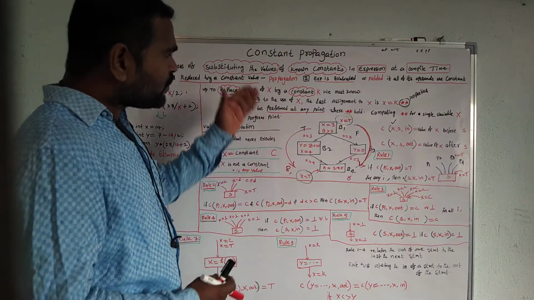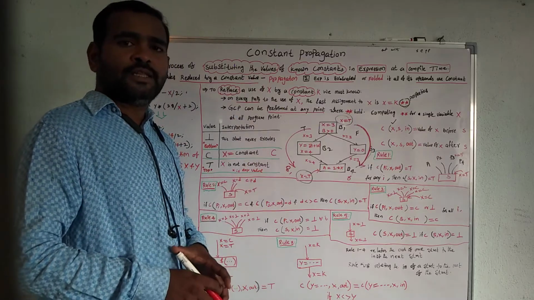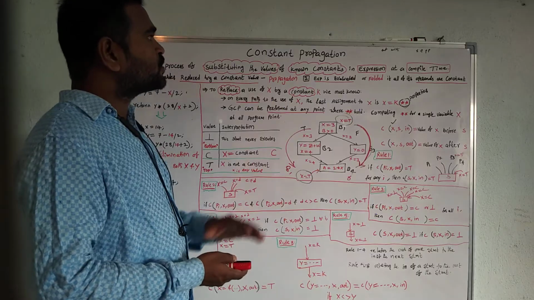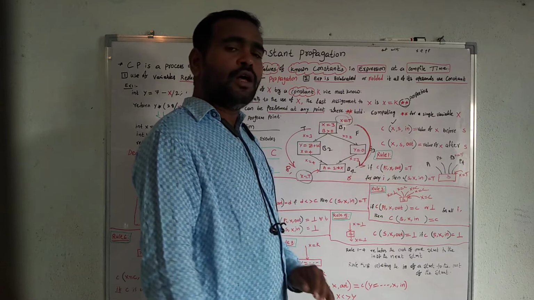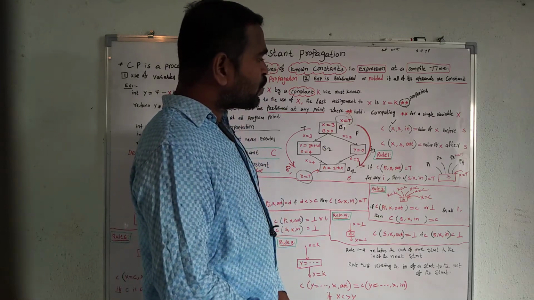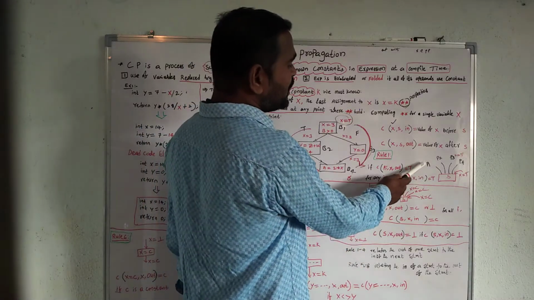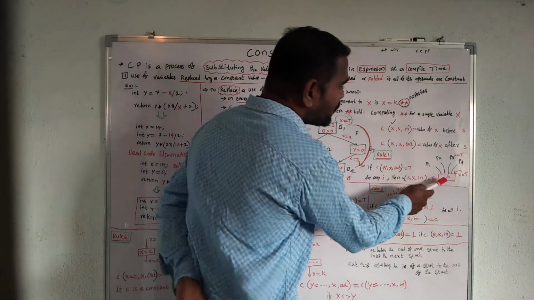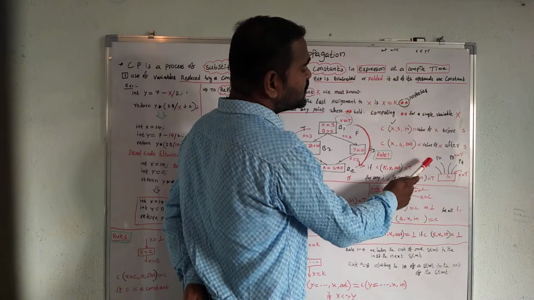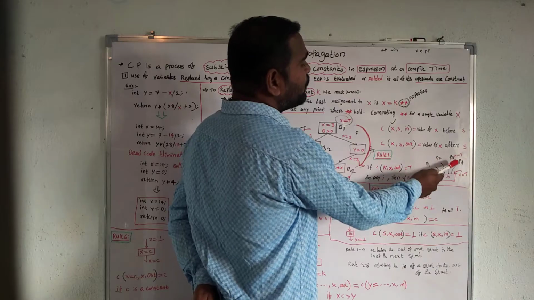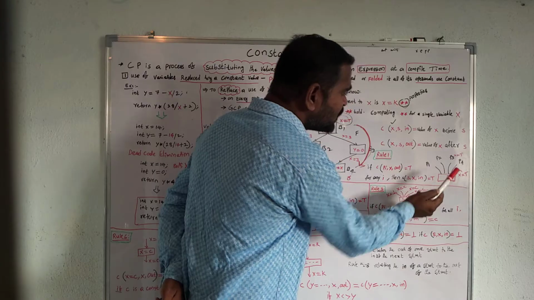Now in this constant propagation, there are 8 different rules. Those 8 different rules I will explain now. So now I introduce rule 1. In this rule 1, in our program there are multiple predecessor statements. Before reaching this statement s, there are predecessor statement 1, predecessor statement 2, predecessor statement 3 and 4, and this is the statement s.